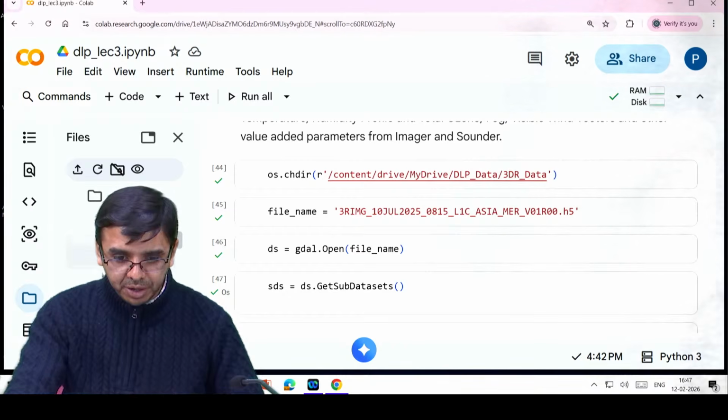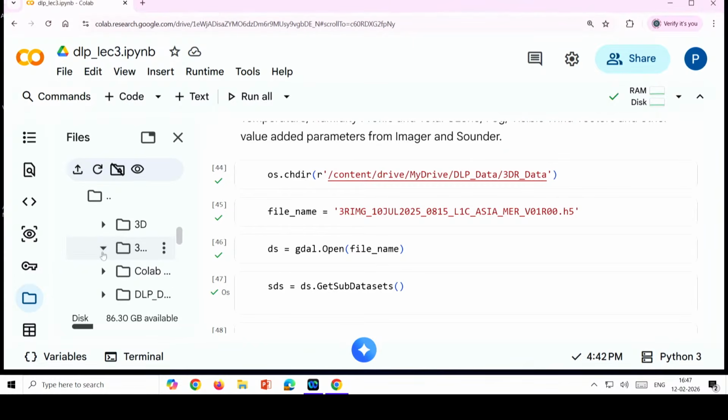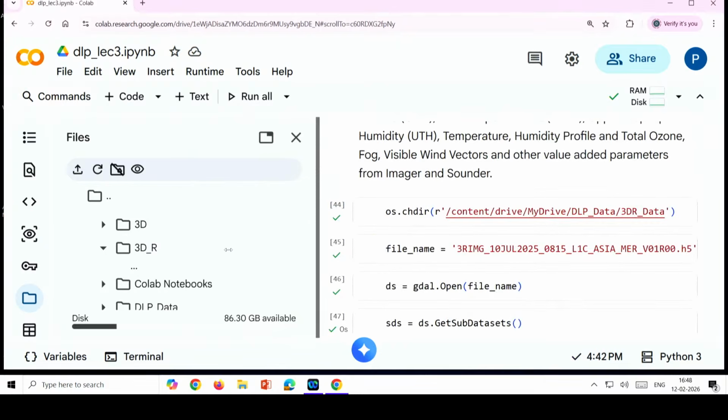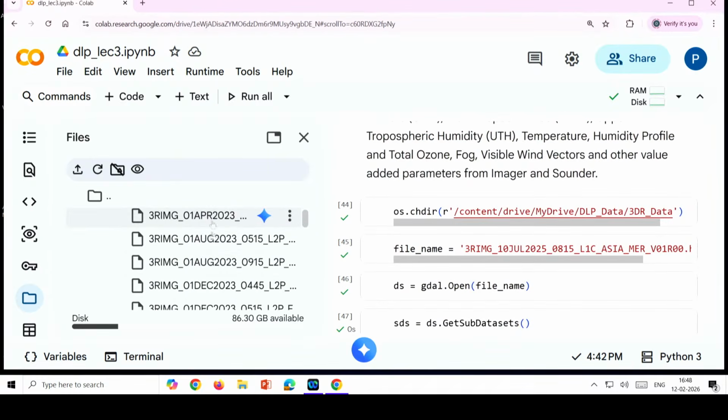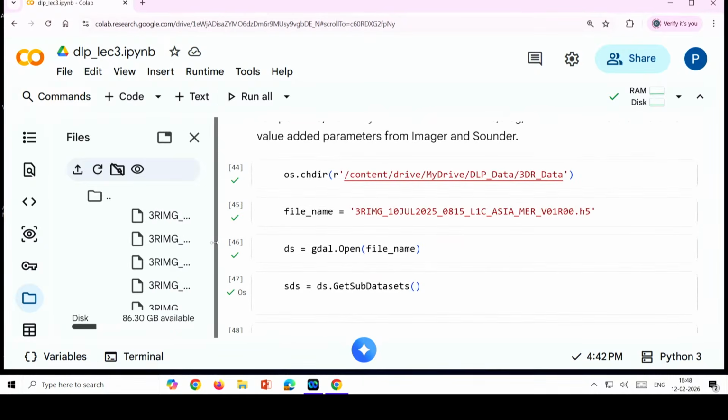So inside this I have the images like 3DR, and these are some images, like the images 915, 515, 915, 445, and also these are images there. Then we will just randomly pick one of those images and see how we read that image using GDAL. There are other libraries also which we can use for reading these HDF5 files,